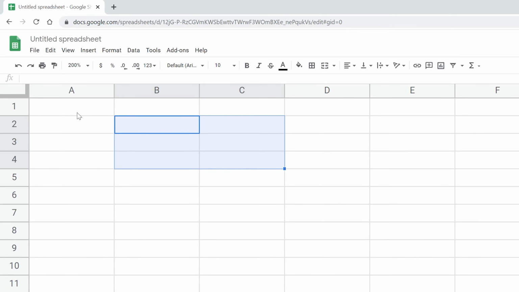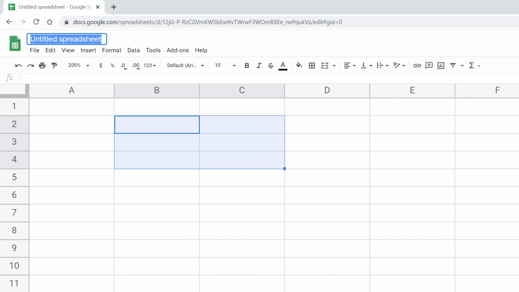And the first thing that you'll notice is that it calls it untitled spreadsheet. So we don't like that. We want to give it a more specific name. And when you're naming a file, just use as many specific words as you can because you can search for it later. It'll make it easier to find if you name it well.